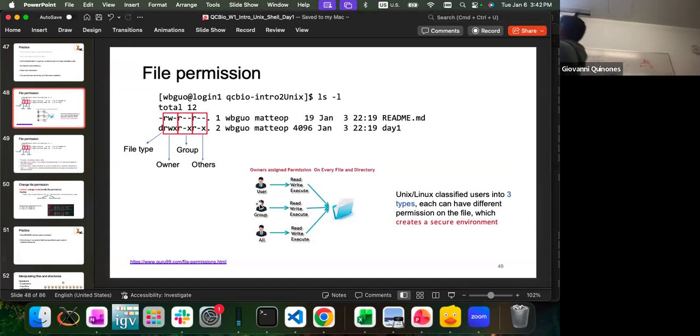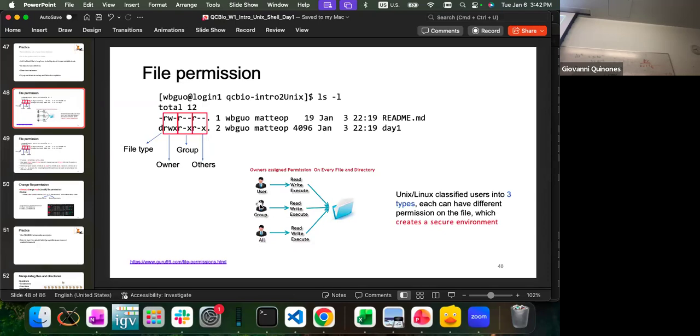The very first letter indicates the file type, whether this is a directory or a folder, or dash if it's just a regular file. And then you can group the following based on 3 letters. So every 3 letters, it will be a different layer of permission. So the first 3 are for the owner. So that means the user itself, so yourselves.